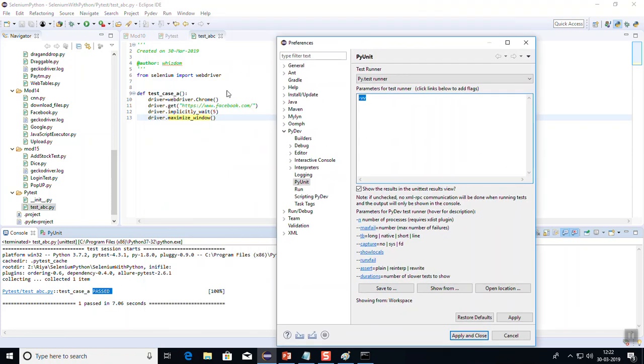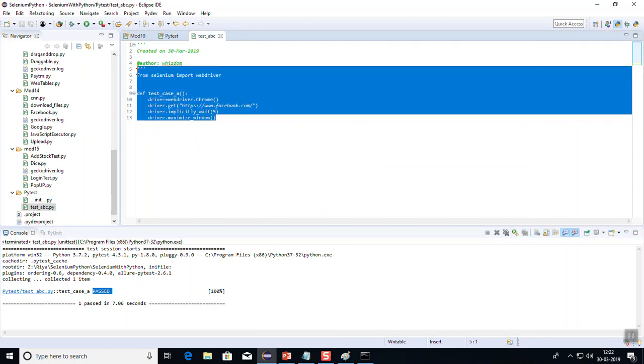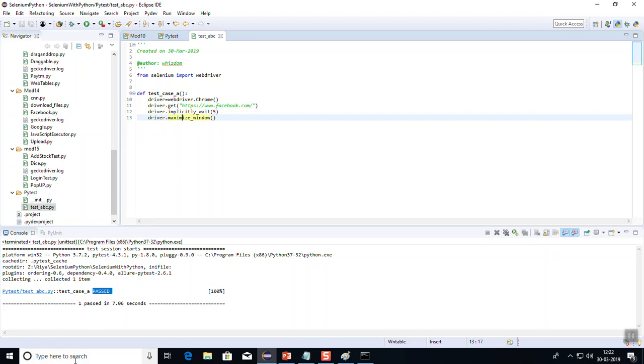That is, suppose I write another test case over here and that fails, it will tell me the name of the test case that passed and the name of the test case that failed, right? Now, this was how we were running the test case in Eclipse. Suppose I need to run the test case in the command prompt,